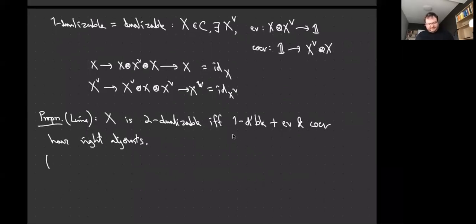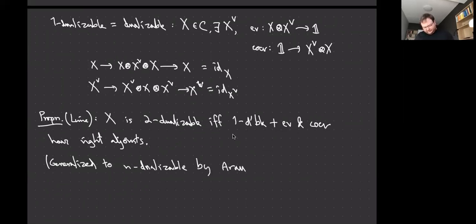This can actually be generalized to a simple characterization of n-dualizability, which is in the thesis of Araújo, I think. So the original definition is this complicated inductive one, but you can reduce it to saying that a bunch of maps have right adjoints, and then the unit and counit for those adjunctions should have right adjoints at the next level, and so on. You can't just keep going. Anyway,